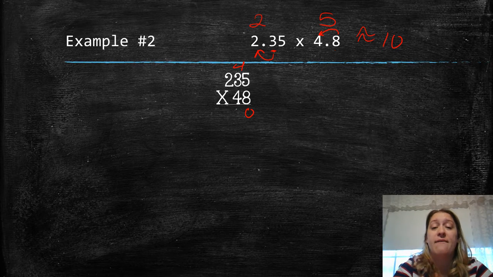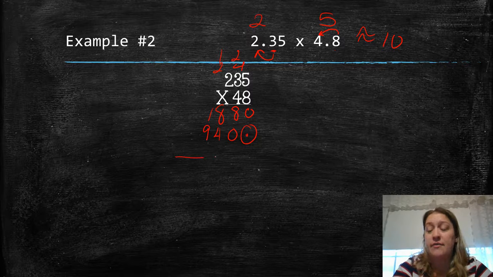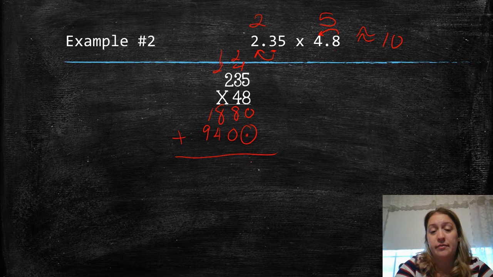24 plus 4 is 28. 8 times 2 is 16 plus 2 is 18. We put our placeholder egg. 4 times 5 is 20. 4 times 3 is 12 plus 2 is 14. 4 times 2 is 8 plus the other one is 9. And then we add it all together to get